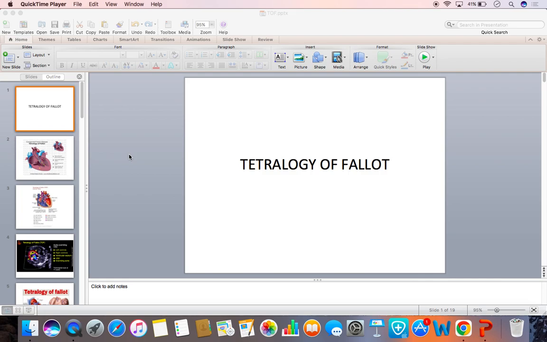Well, the severity of the Fallot tetralogy depends on the degree of right ventricular outflow obstruction. If the obstruction is mild, there is development of a situation called pink Fallot, and the baby may present with the signs of congestive heart failure. If the obstruction is severe, there is no pulmonary flow, and the child may develop severe stenosis, and the pulmonary circulation depends on the presence of patent ductus arteriosus.